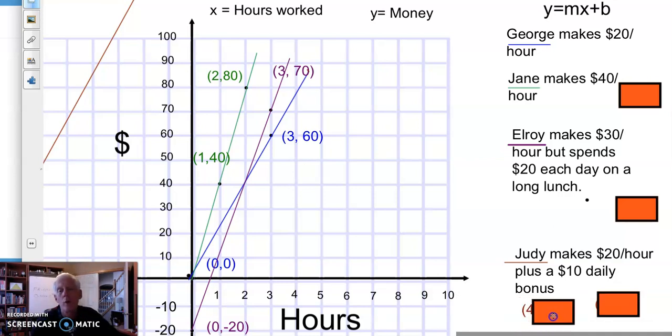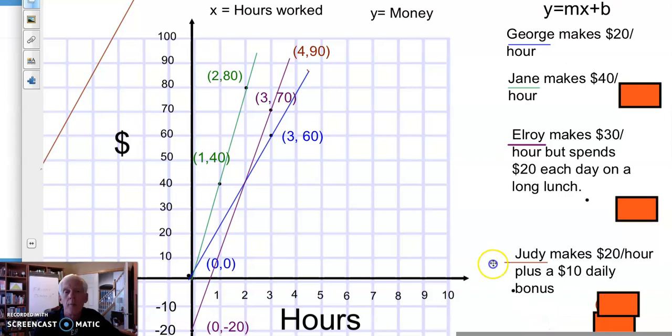So if Judy were to work for 4 hours, how much would she make? We can figure this out. I think 4 times 20 is 80 plus 10 is 90. She would make $90. So at 4 hours, Judy makes $90. We'll put her little point right up there at 4 and 90. And let's give another example for Judy. Let's say Judy works for 3 hours. She makes her $20 an hour plus another $10. So she makes $70. So we'll put her point of 3 and 70 right up about